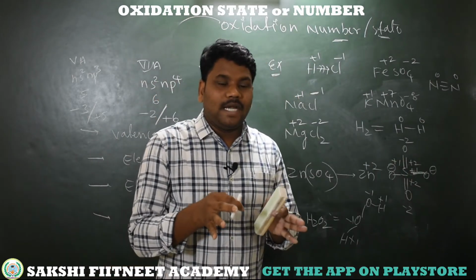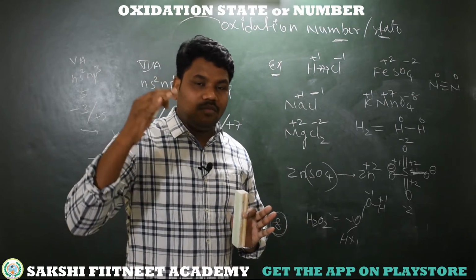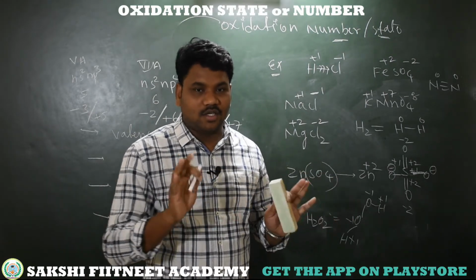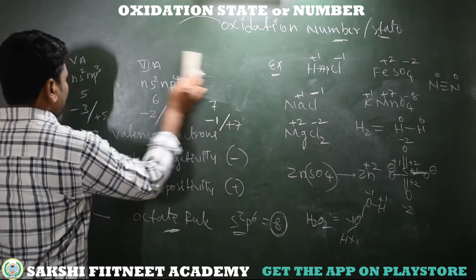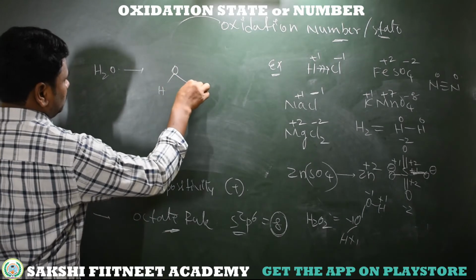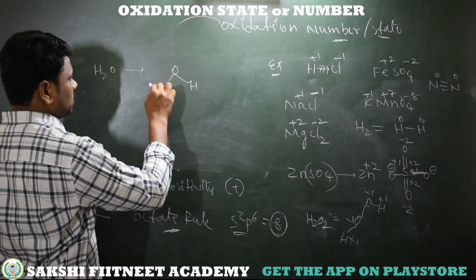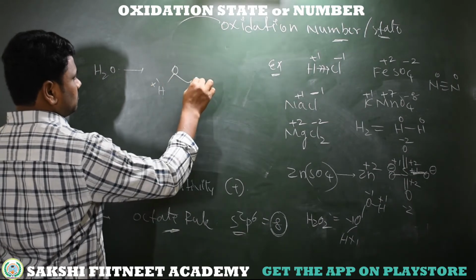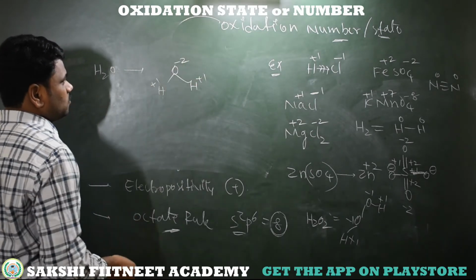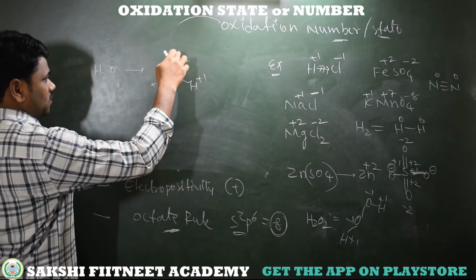The bond should be between different electronegative elements, then on more electronegative gets negative, on less electronegative gets positive based on number of bonds. So I am taking another example. See here, H2O, oxygen bonded to hydrogen, one bond with a different electronegative. Hydrogen gives +1 because electropositive, more electronegative oxygen, so +1 -2. See here, with respect to this one -1, with respect to this one -1, so overall -2.